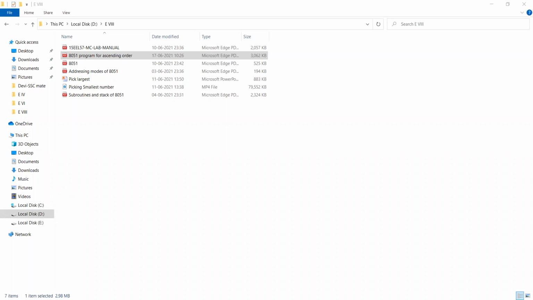So the memory data pointer value is decremented, the accumulator content is transferred to that location, and again incremented. Now what do we have to do with this incremented location? Which is the bigger one? This 55 is having the bigger value. So that 55 value you can transfer to this incremented data pointer location: move A comma 55. If carry is set to 1, A is the smaller value and 55 is the bigger value.